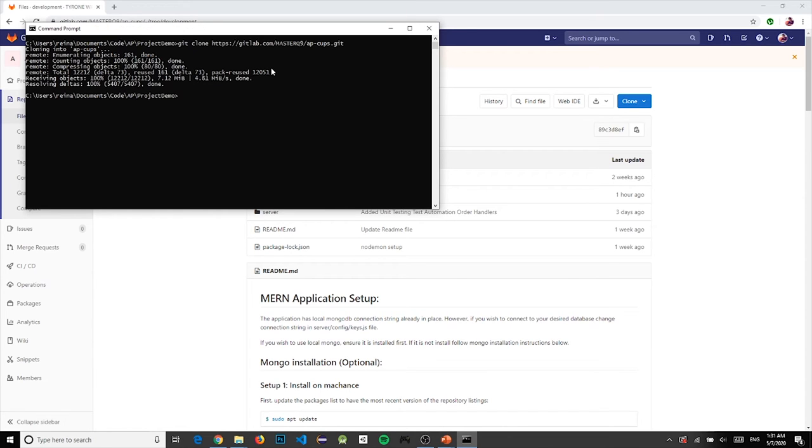And there we go. It is now cloned. We will now enter the repository itself by doing cd ap-cups. Now that we're inside of ap-cups, we will cd to server,